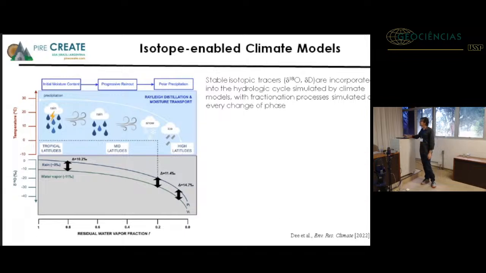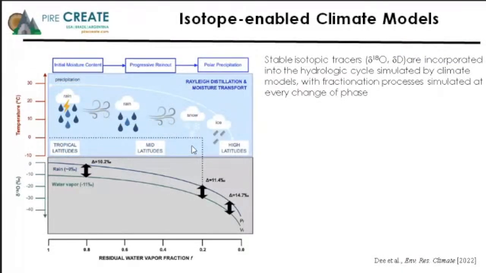This is from a recent review paper by Sylvia D. You can think of this as an air mass moving from warmer to colder environments, from a tropical to a high latitude, and we have this Rayleigh distillation, this progressive rainout, the heavier isotopes condensing first, leaving the remaining water vapor increasingly more depleted of the isotopes. So the climate model will give you as output then oxygen 18 in the precipitation. You can also look at it in the vapor phase, for example, in the atmospheric water